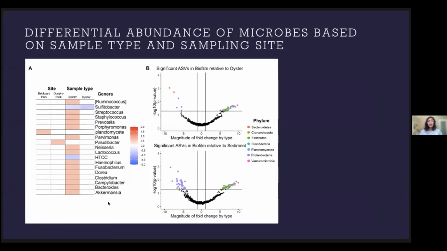And what we did see was that, like I said, biofilms were distinct, but we also saw that the biofilms didn't have microbes that were all necessarily considered to be good. There were pathogenic microbes present, like Streptococcus. These could be because of human presence in the site. It could be because of runoff, non-point runoffs that we're not entirely sure of, from sewage treatment facilities or from farms. These are things that we still don't fully understand as to why some of these pathogens might be present. Neisseria is also another human pathogen.